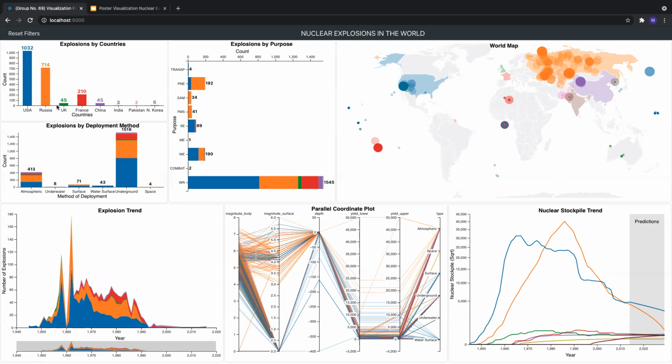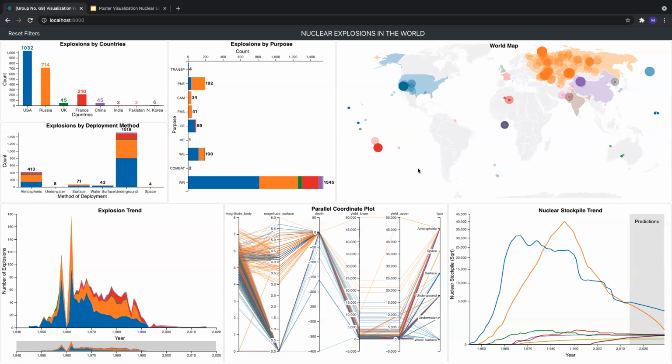And we have color coded all our information with respect to different countries. Each country has a unique color which is consistent throughout all the other charts. Now moving on to the right hand side, we have a world bubble map, which visualizes each and every individual explosion in the data set. On top of that, it denotes four feature variables.